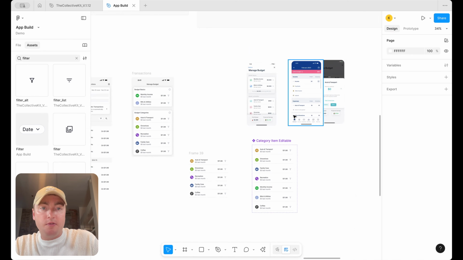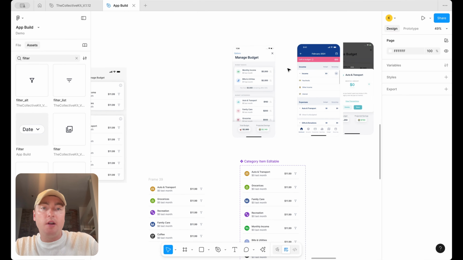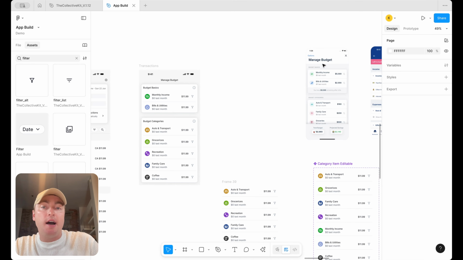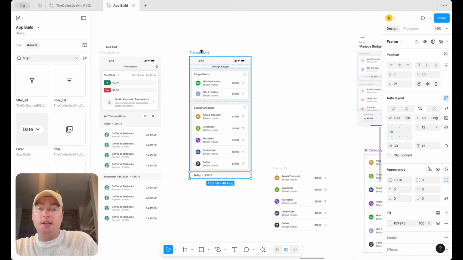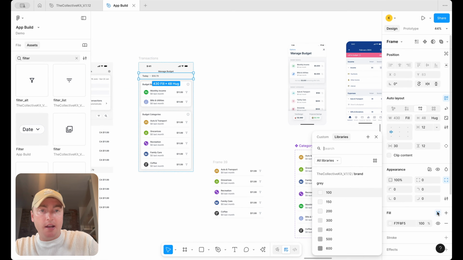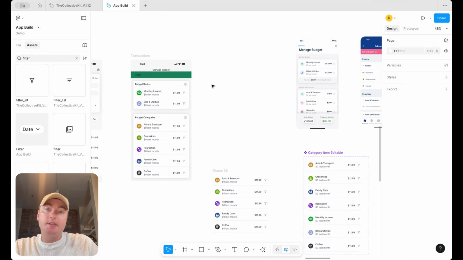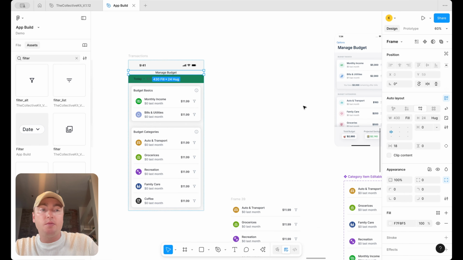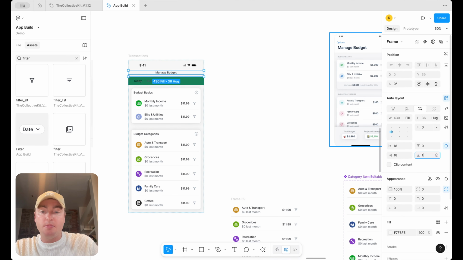We can modify them. But if we look at sort of the reference here, what do we still have, right? What other things might we like to include here? One of which is how much I still have left to budget. So what we can do is bring back in one of these cards here, paste it in, and just adjust it as such. So let's maybe go ahead and start playing around with different backgrounds. So maybe like a surface success default. So maybe in this case, I actually have a little bit more to spend than I had originally planned. And because those are a little bit too tight, we can add some additional padding just at the bottom there